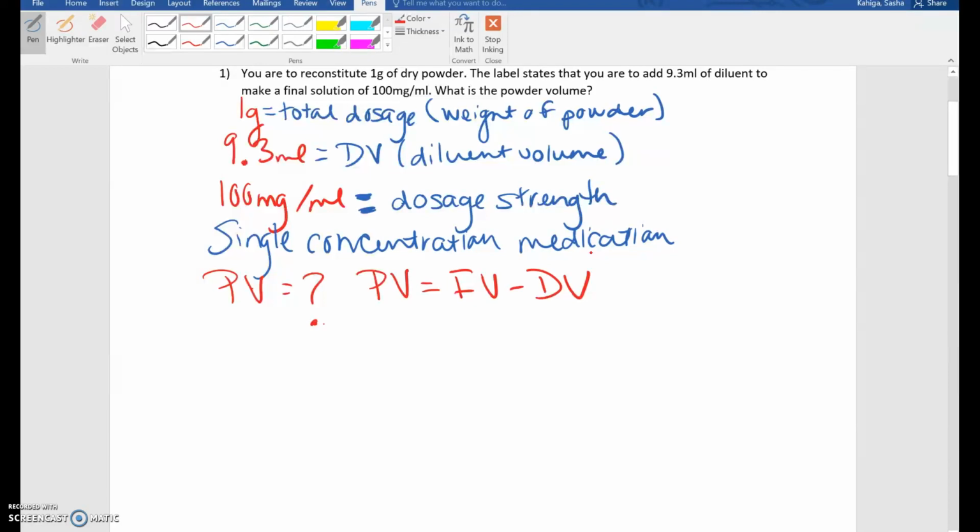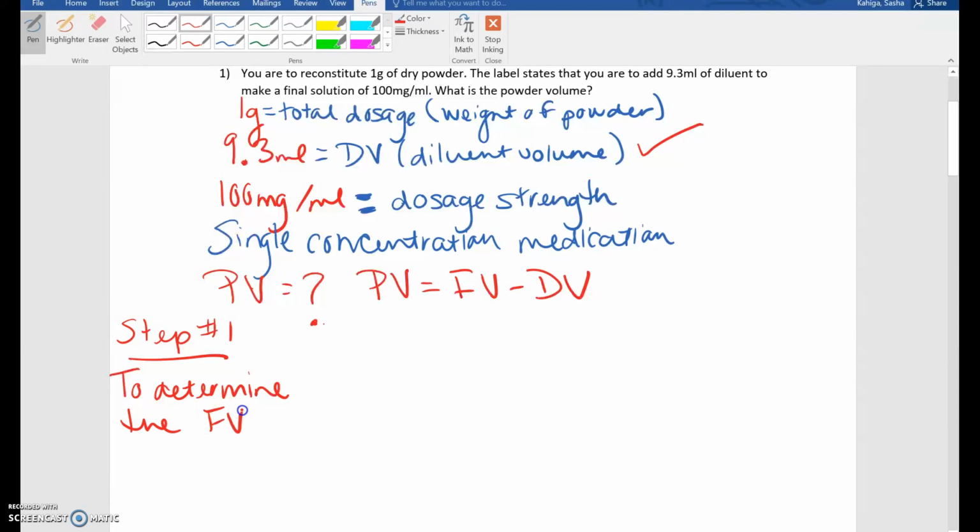You know you're looking for the powder volume, and the only component that you have in order to solve this problem is your diluent volume. That's the only thing that you have. So the first step that you need to take, step 1, is to determine